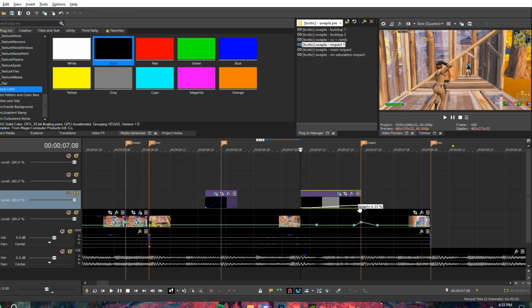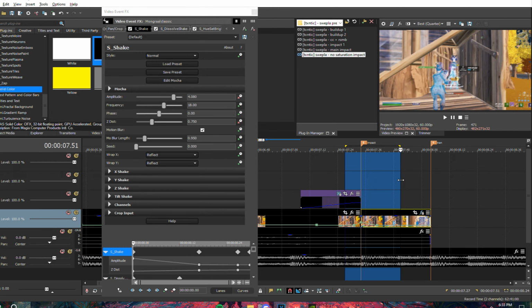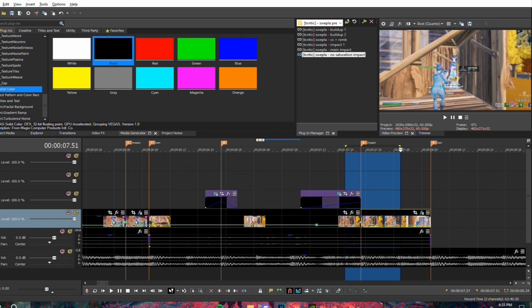You want to make this 47. That's what I used on the other one. Click S to split it. You want to add the no saturation impact, and then you also want to add